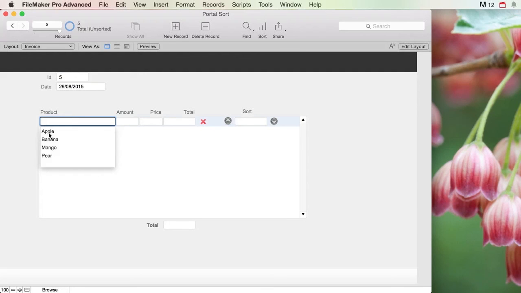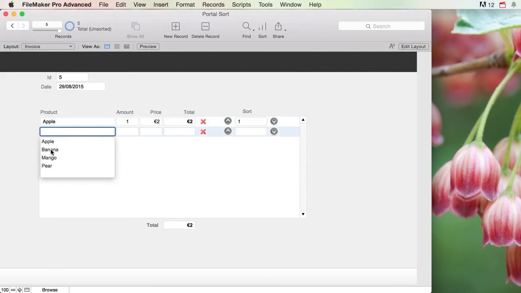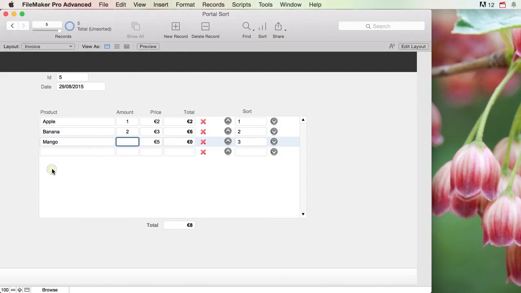Let's go in here and add an apple. This one gets number 1, amount 1. Let's make a banana. This one gets number 2. That's good. Let's make a mango, right? And then if we would like to step this mango up just 1 notch, if we click this button, then